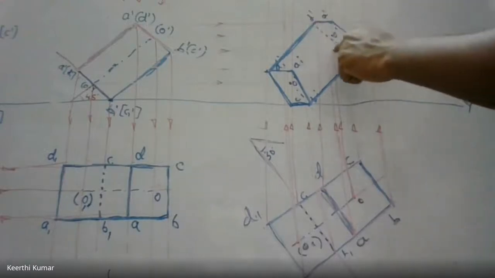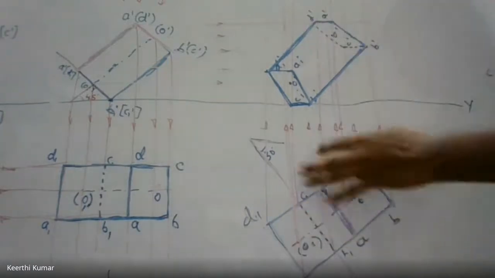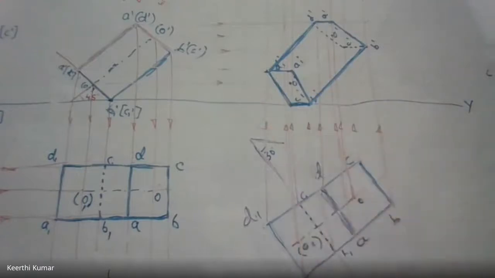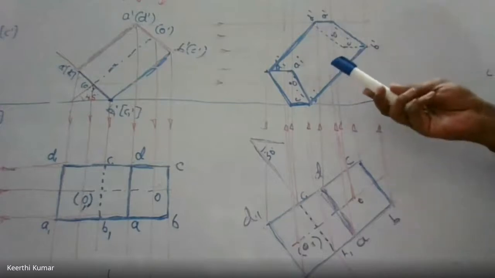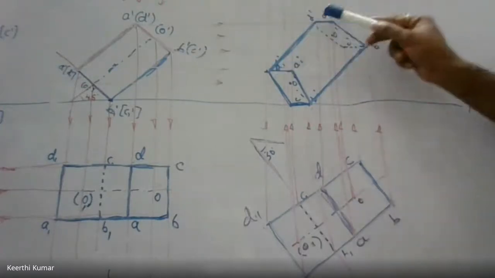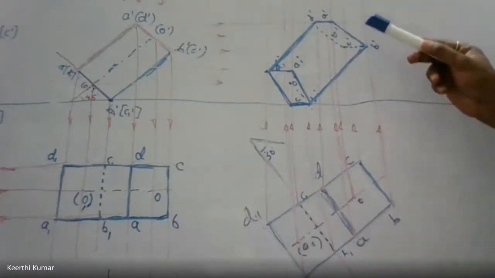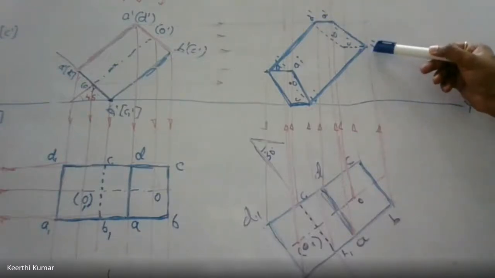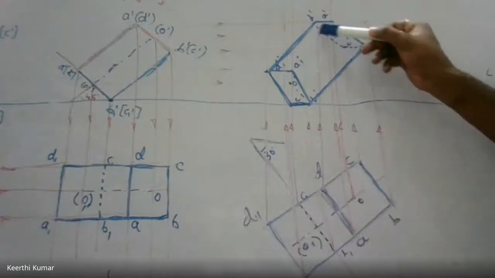So here, why did I make it hidden? Because that face is far away. And why did I make it visible here? That face was nearer to you. Is it clear? Any doubts still? How did I get the connecting order? First, after the naming, I finished the outermost. Then I went for the connecting order. Here, A to B was already connected because of the outermost. B to C was not connected. C to D was not connected.